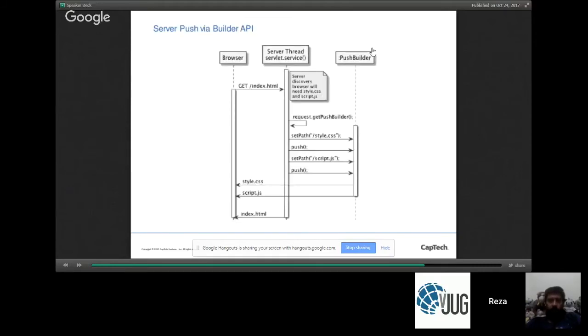So if you put this in a sequence diagram, it's a little bit easier to understand. So let's assume here that there's a servlet service method intended to serve up the index.html page. So in this service method, you're going to say, hey, I know that this index.html actually needs style.css and script.js.